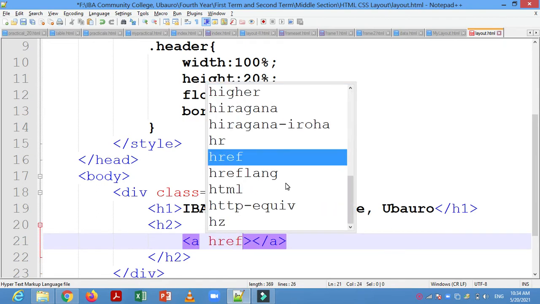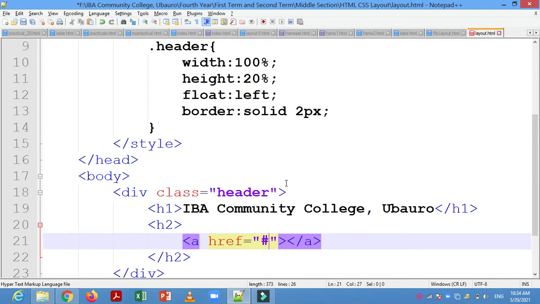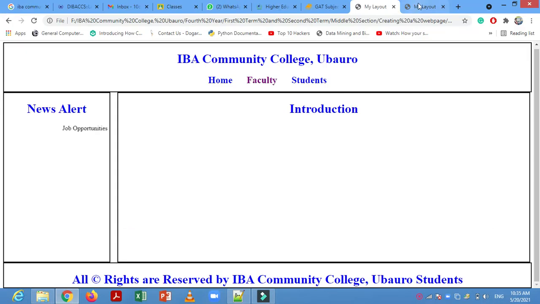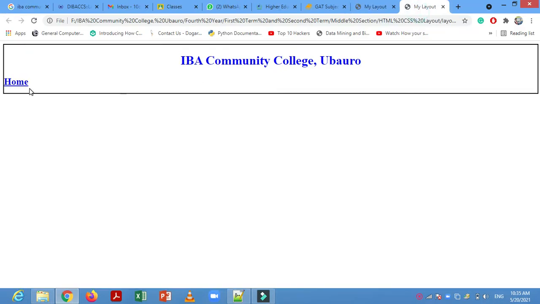Here you can write the link name, I am putting a number sign and home. From here you can see home is there, but it is displayed at the left side.